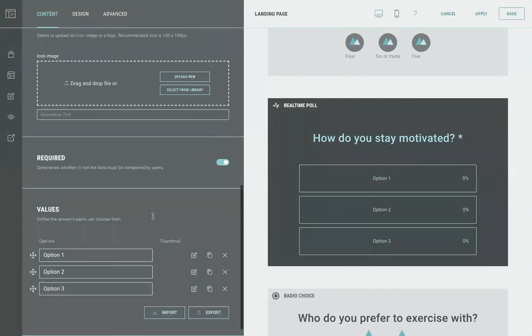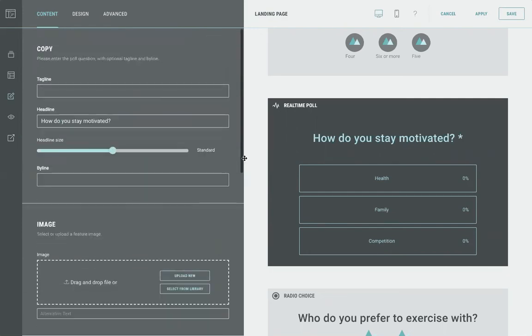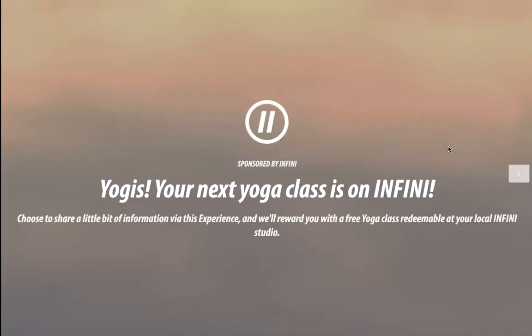And then below that, I'll insert a few responses. Health, family, competition. So if I wanted to, I can go ahead and save and apply these changes. And once I do so, I can actually publish this landing page that could be incorporated into display ads, social stories, websites, or even email. And here is the final